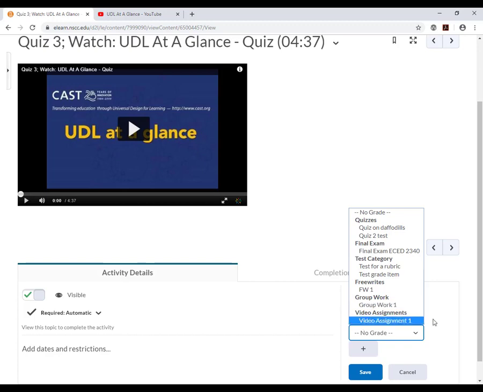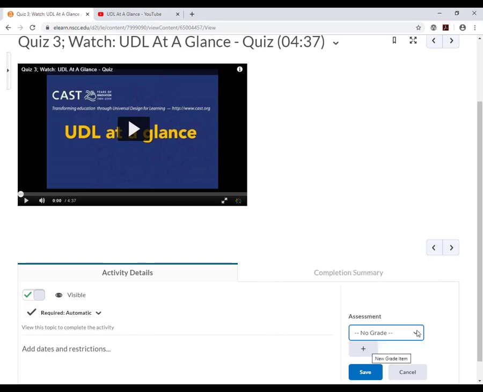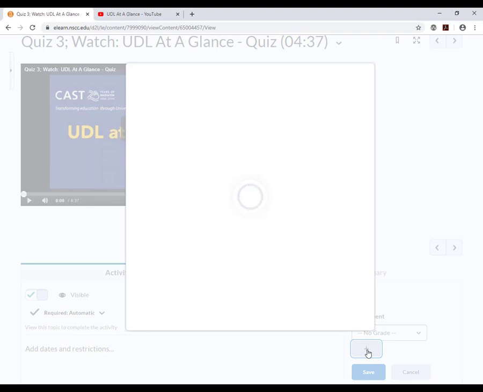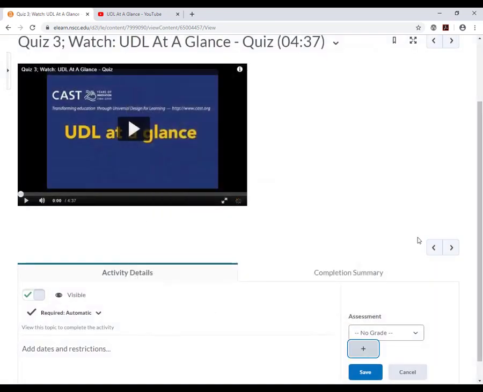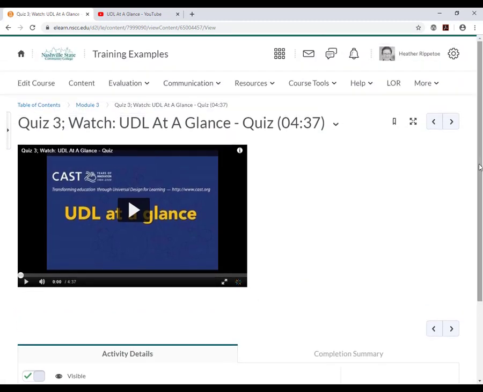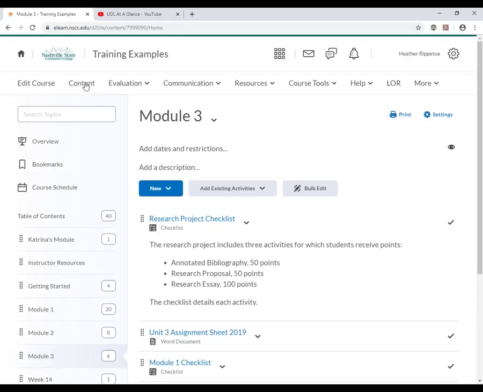If I didn't have a grade item that I wanted, I could add the grade item by clicking the plus sign. And this is the standard grade item tool that you're used to in D2L. For now, I'm just going to let this be a formative quiz. I'm not going to attach it to the gradebook. And that is one way that you can add material into a module or into your course, is through a module. The other way is to create a file